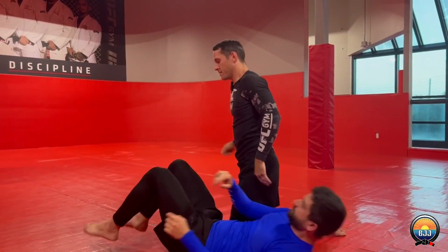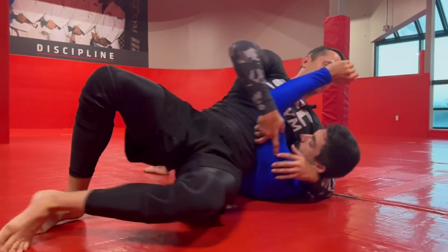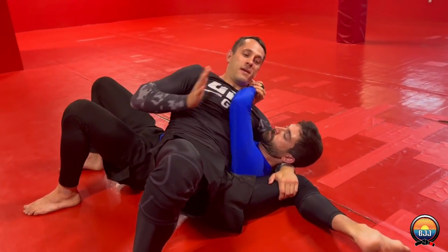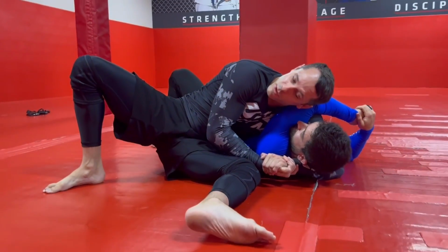Same thing on the other side. We're here, okay? He gets his arm out. He starts framing my face. Push at the elbow. Trap it with the head. Arm under the head, palm down, okay? If I want to try to finish from here,